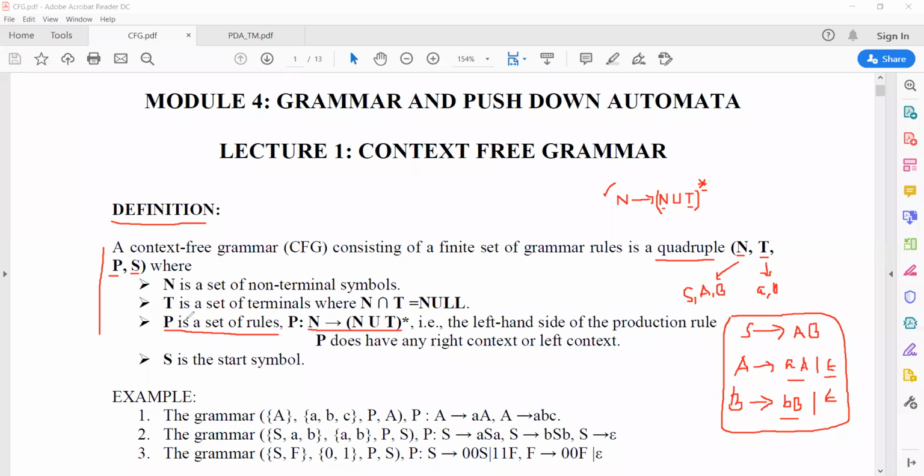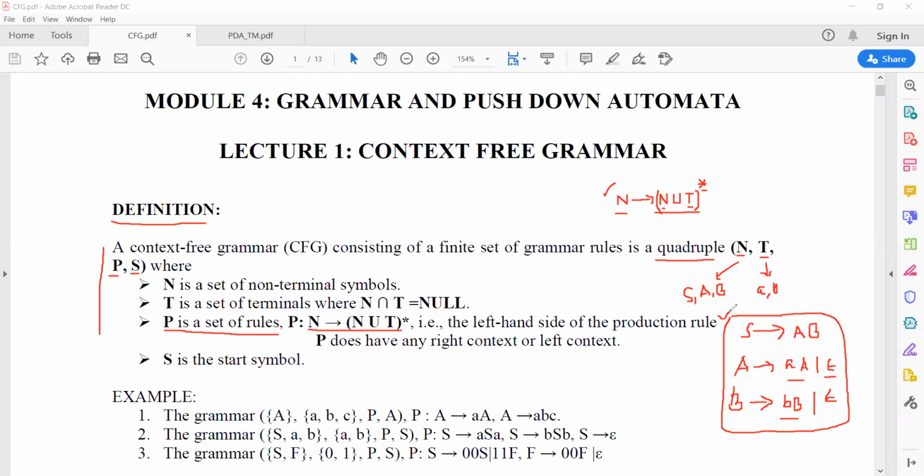The production rule will follow that the left hand side will be only a single non-terminal, but on the right hand side it could be a union of non-terminal and terminal, and its star. Star means Kleene closure. So these are the valid production rules possible in a context-free grammar.